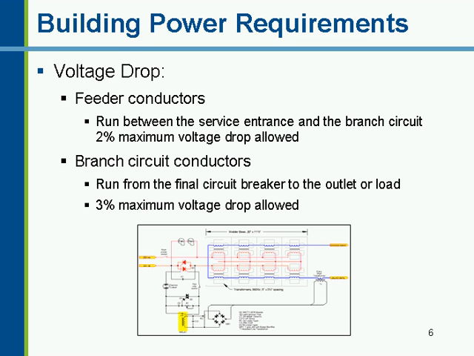So on to some specifics, and I'd like to start with the power requirements. There are very few of those, so we'll dispense with those in the beginning. There's just a couple of requirements. The major one is on voltage drop. For feeder conductors that run between the main service entrance and each of the branch circuits, there's a maximum voltage drop allowance of 2%. For those branch circuits that go from the branch to the actual outlet or load itself, there's a 3% maximum voltage drop. And this is in place to eliminate excessive loss through the lines, which is just another energy loss that we'd like to avoid with the code.